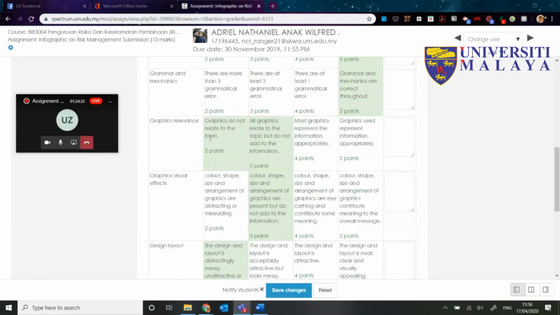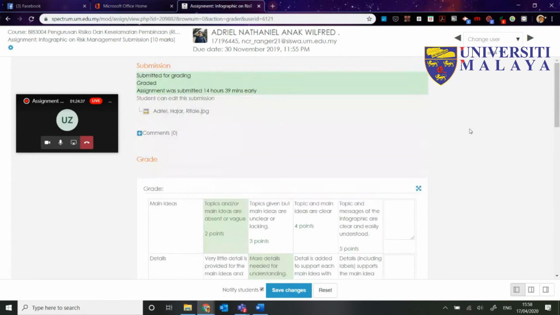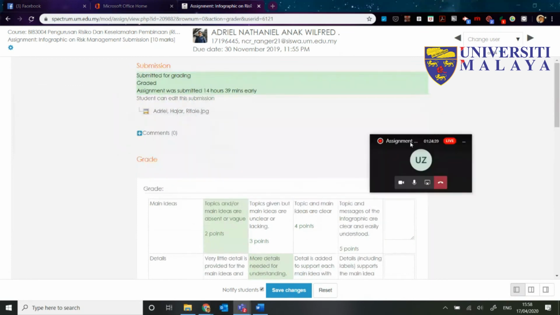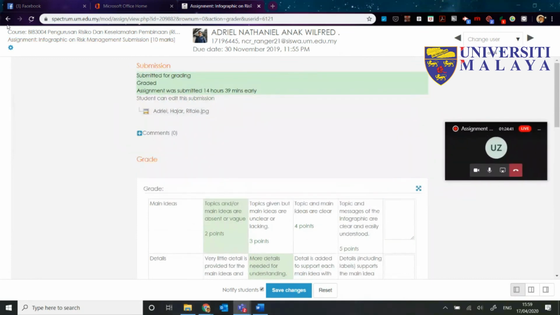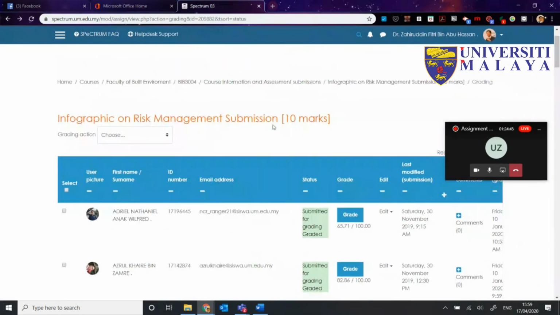What you do is just click, and then it will change marks. But this is from last year's cohort, so you don't really have to worry about changing anything here. Okay, so that is the rubrics and, sorry, the marks. So now, how do I download the marks? What you can do is